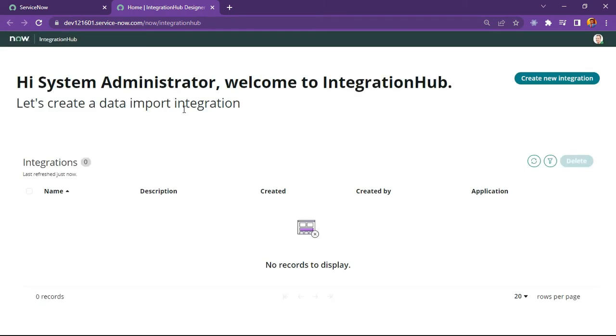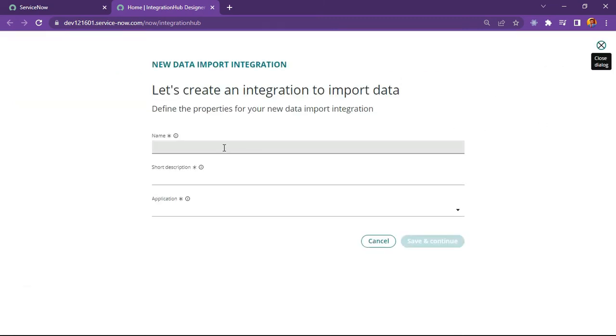You can see our screen is loaded for Integration Hub Import, and there are no integrations currently configured for Integration Hub. Here we can find the list of integrations which we have configured, and this is the create new integration option. I will show you how I can use this Integration Hub for importing data using Excel. So let me click on create new integration,